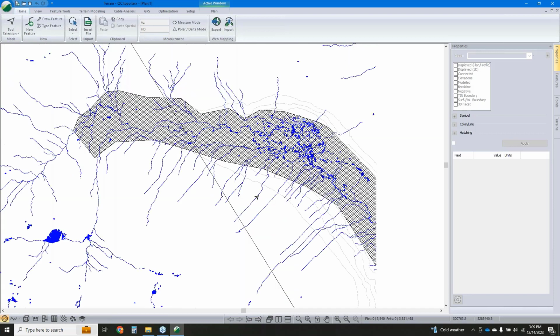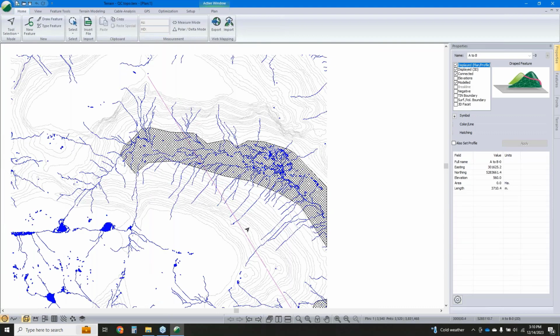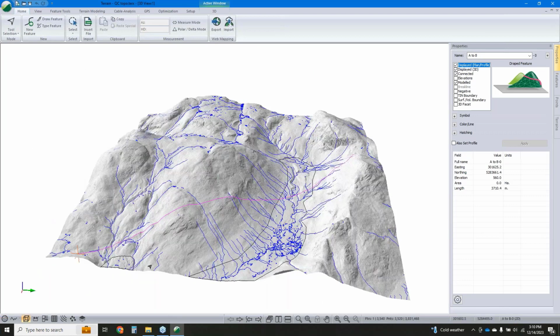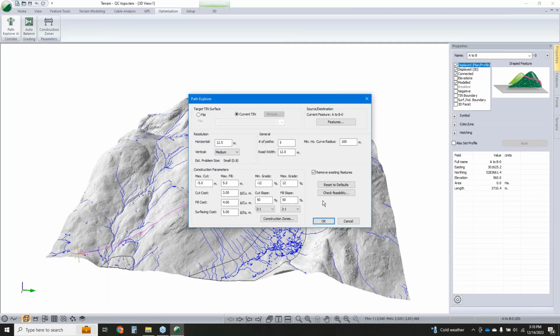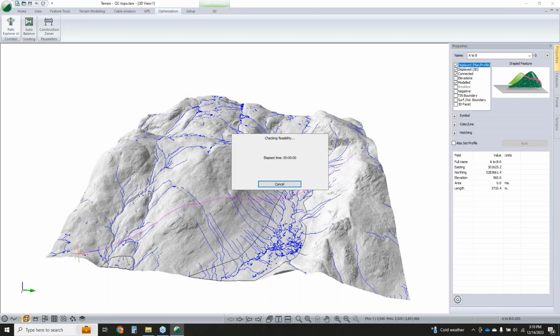And then I've got my streams already created, and I've got this line here, and all it is is a start point and an end point, and we're going to let the software figure out a way to get from there all the way to over here. So like I said, a lot of this is already set up. I'll go into it right from square one in a moment, but we'll hit OK